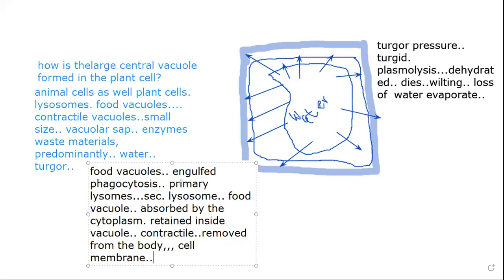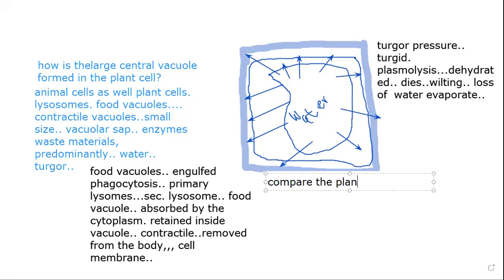अब now let us go back to the question. Let me give you some important questions. This is all for the topic today. First of all, compare the plant and animal vacuole. The basic difference between the plant and the animal vacuole. एक तो ये क्वेश्चन आ सकता है. दूसरा ये आ सकता है कि